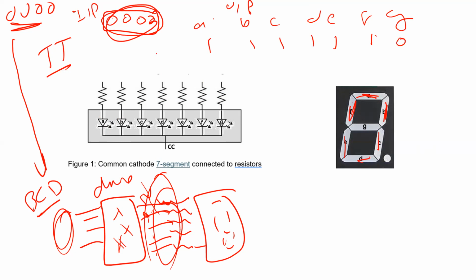What if the input, for example, is number 9, or any other number between 0 and 9? I'm taking 9 as an example. In case of 9, the output of this circuit has to be, we need to turn